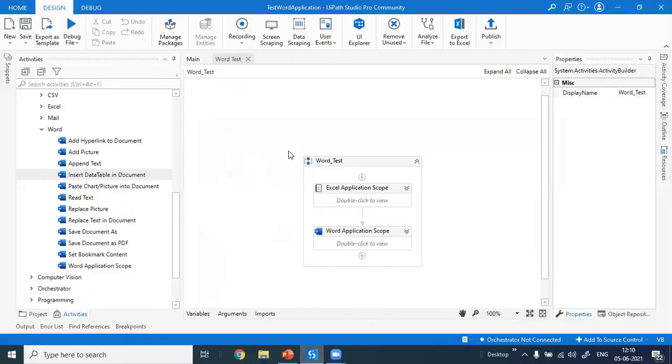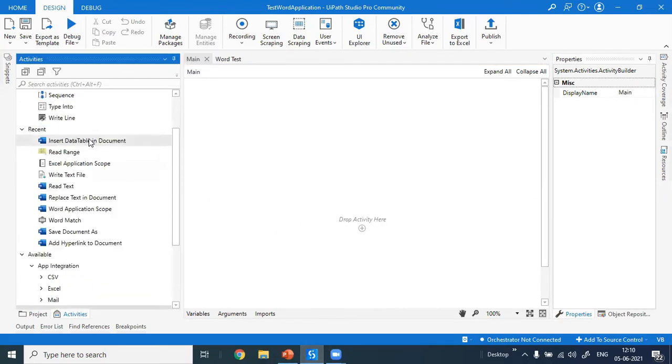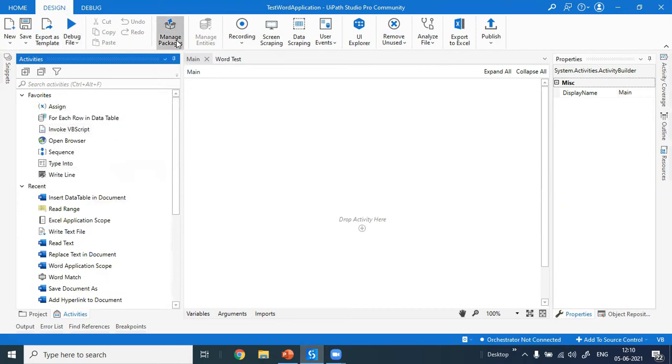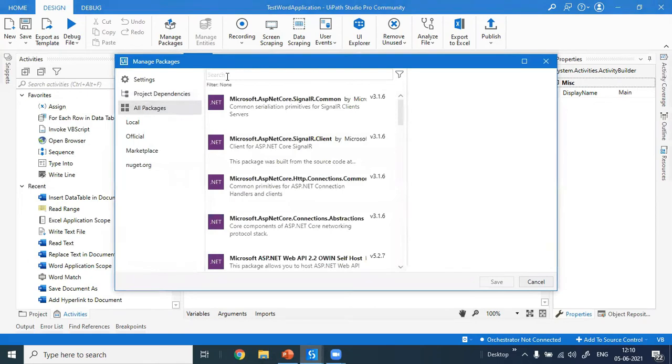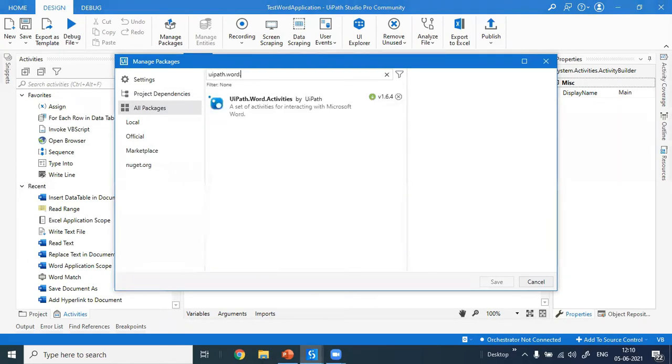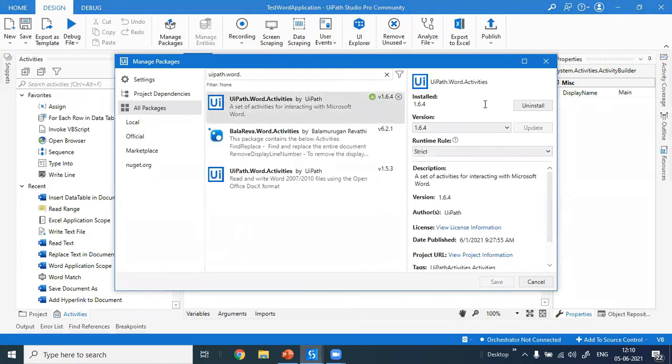So first of all, I will show you how to add those packages. You have to go to manage packages, and in all packages, you have to search for UiPath.Word.Activities. You have to install this package, and after installing, you can use these activities.